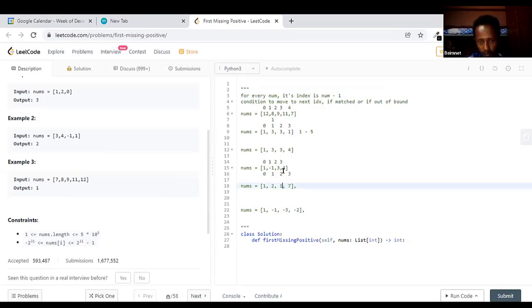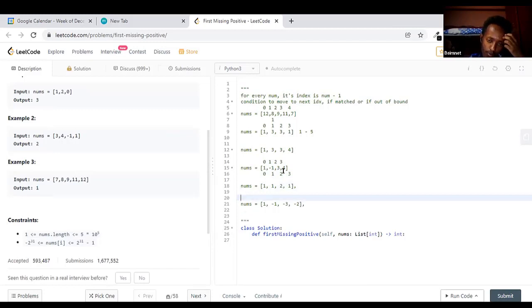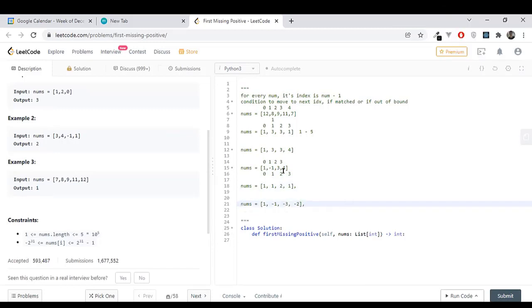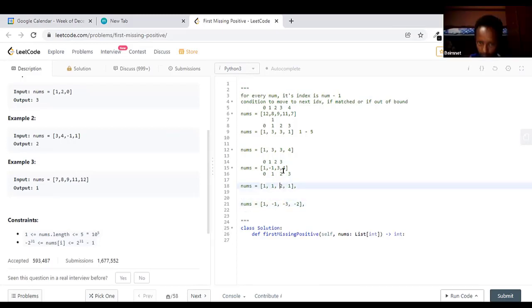5 is also out of range, we can turn it to 1, and 7 is out of range, we can turn it to 1. And after that, we can do our swap one more time, and here 1 is in its correct position. For 2, we'll put it in its correct position, which is index 1, and there is already a 1 there, so we will move on, and we'll do the same. The first mismatch will happen here, so we can return it. And because we didn't find the 1 in the previous array, it means that we